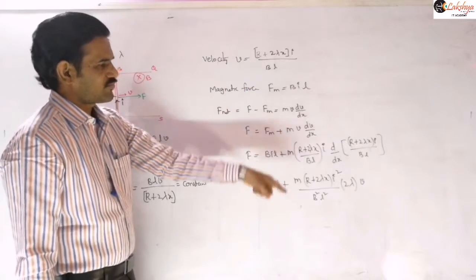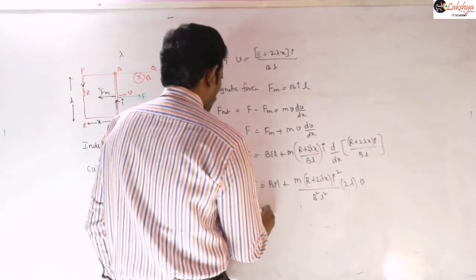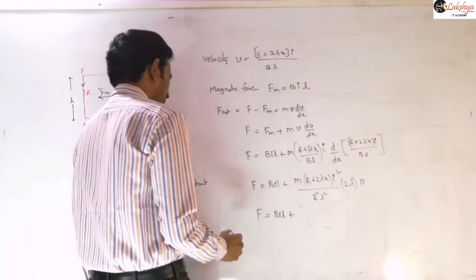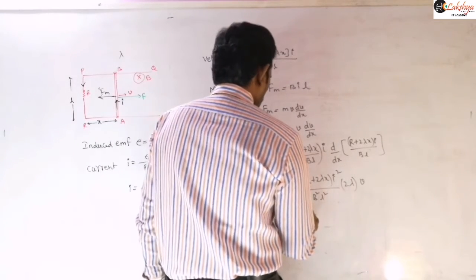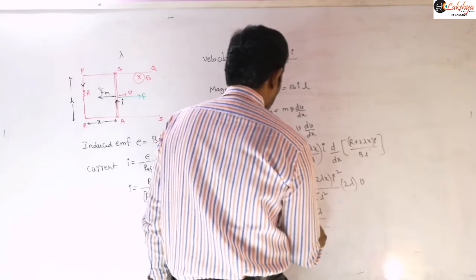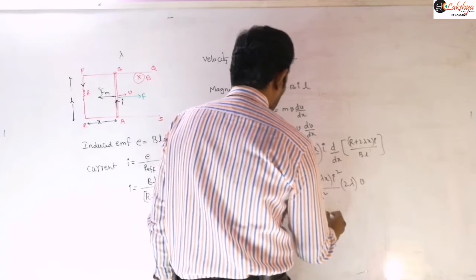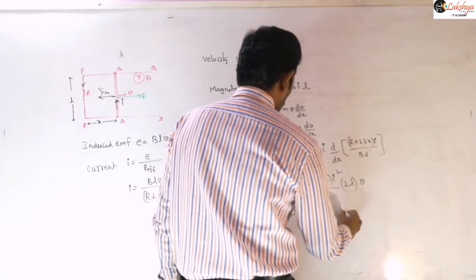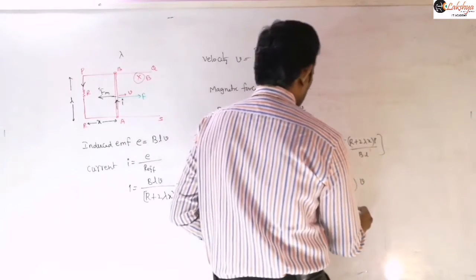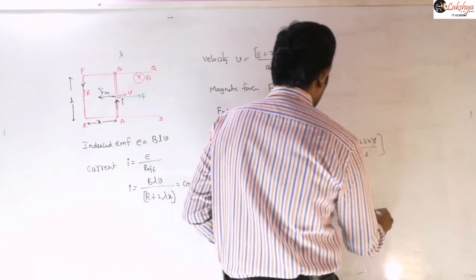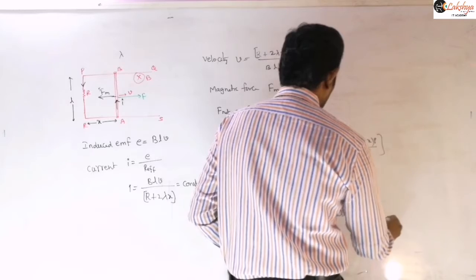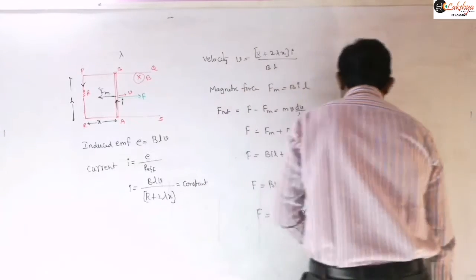And so now again you need to substitute this expression here finally. And therefore this force expression is like BIL plus 2M I square lambda by B square L square into R plus 2 lambda X into now that V value. So V means, again I am substituting that expression there, R plus 2 lambda X by B into L into I. Now we can write here. That is, again we are substituting that V value.